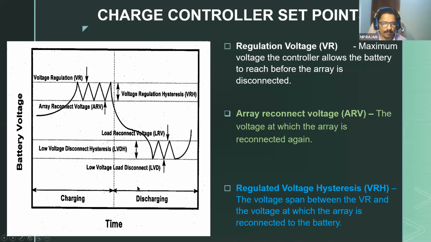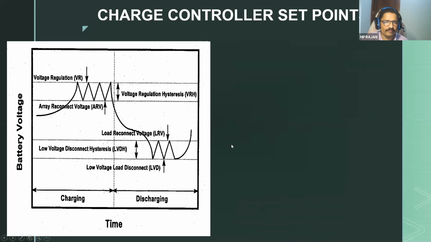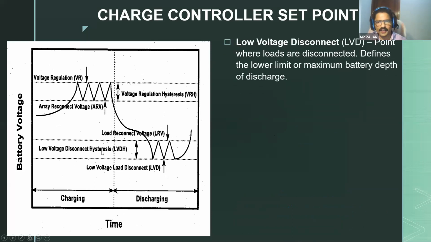Okay, and come to the discharging point, you can see same way, battery will be getting discharged through the load. So how much you can discharge? That is also a setup point. So मान लीजिए आपका बैटरी डिस्चार्ज होके 10.8 वोल्ट हो गया. So 10.8 volt is the DOD, maximum depth of discharge. That is the permissible voltage you can go down to. After that, your battery should not be discharged to the load. There will be a problem for the battery. So क्या करेंगे? Your battery charger will disconnect your battery from the load.